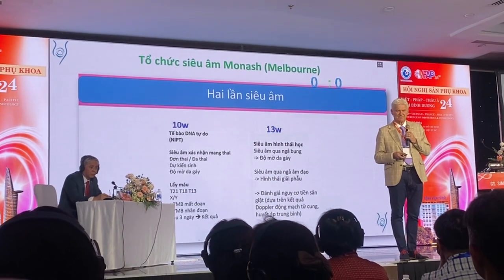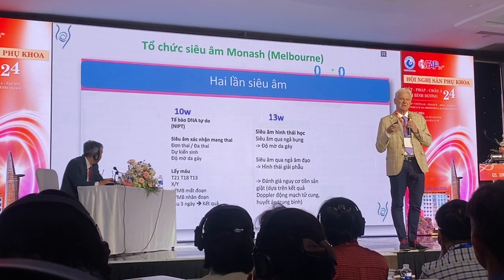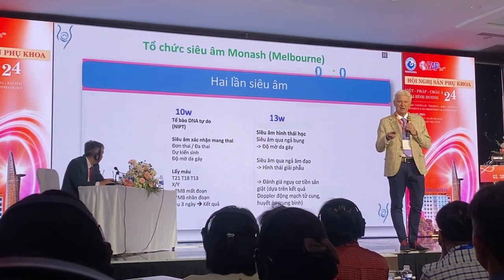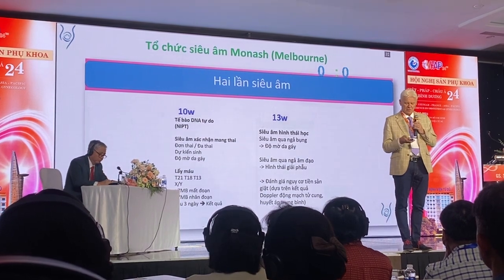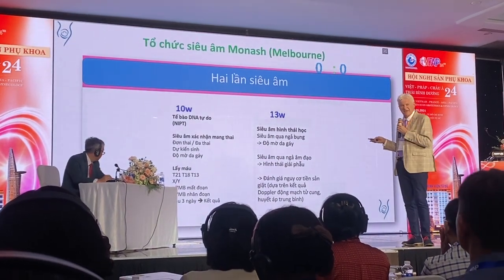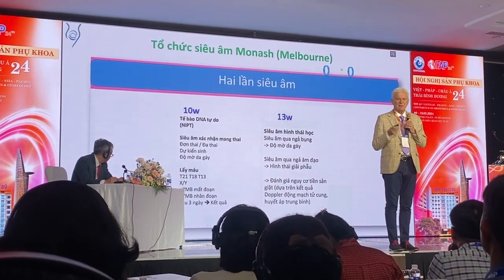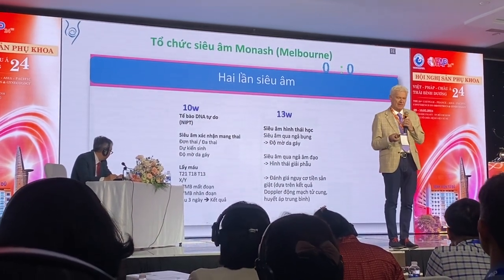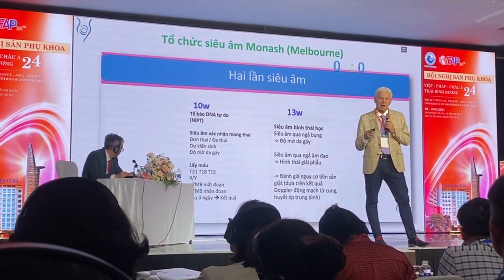It's difficult. The best thing to do is to do an anatomy scan at 13 weeks because the detection rate at 13 weeks is better than 12 weeks, which is better than 11 weeks. So we offer cell-free DNA at 10 weeks and we do an anatomical assessment at 13 weeks. And we give half an hour for every booking and we offer to the patients a transabdominal plus a transvaginal